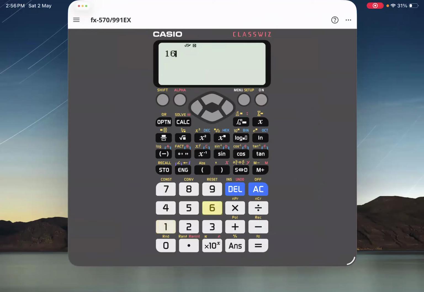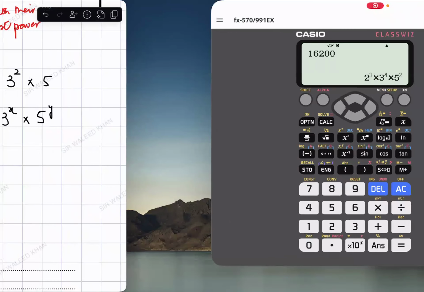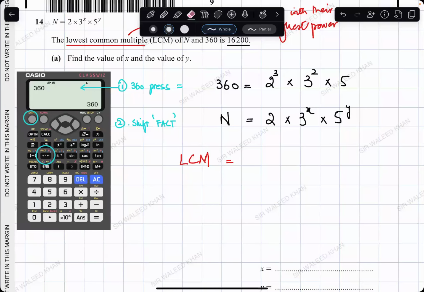16200 and then the equals to button. Then shift and fact. Got it. So 2 power 3, 3 power 4, and 5 square. That means